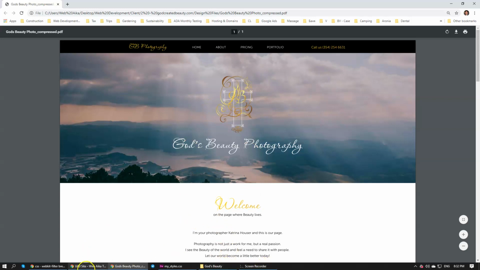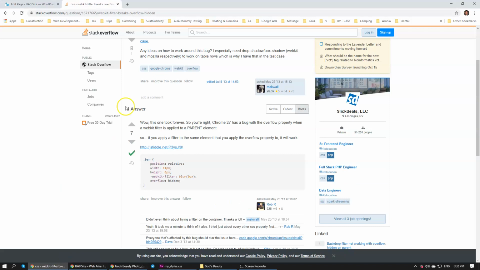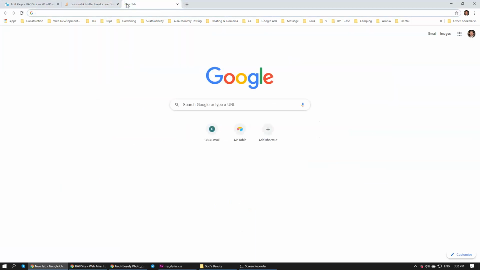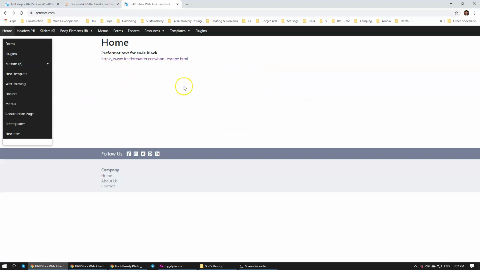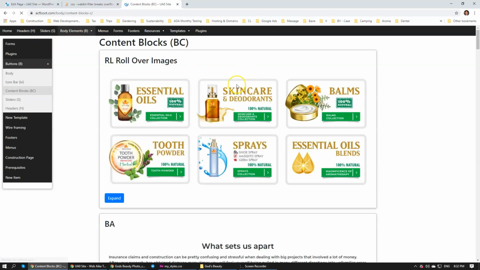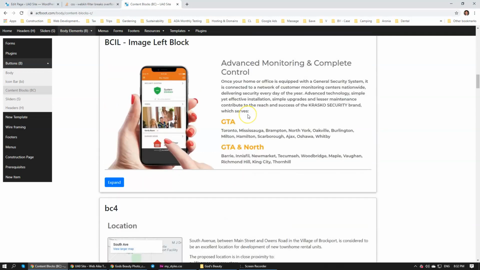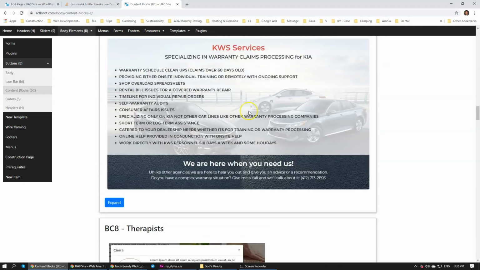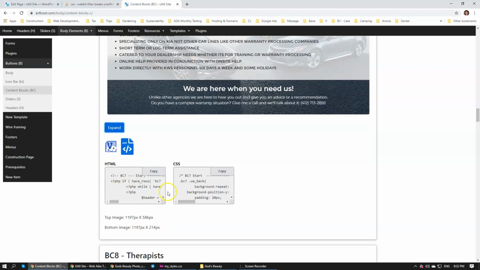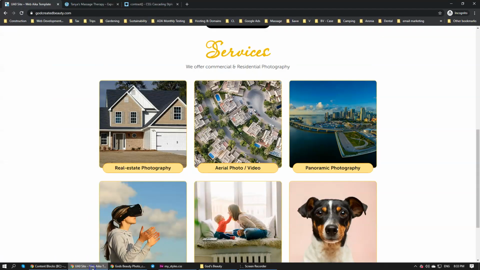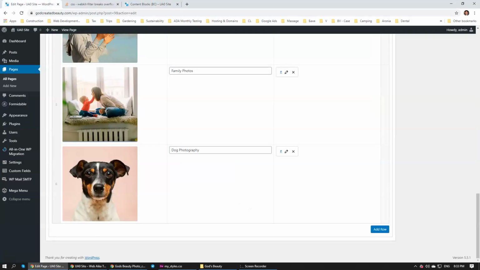Custom build. Why? Because we are able to use something that's called advanced custom fields. And we also have a library of scripts. ACF boot is the library of scripts that we're using to build a website. You can see that we have different sections here, content blocks. And each section comes with HTML, it comes with CSS, and a majority of the sections here come with a JSON file. A JSON file allows me to quickly import advanced custom fields